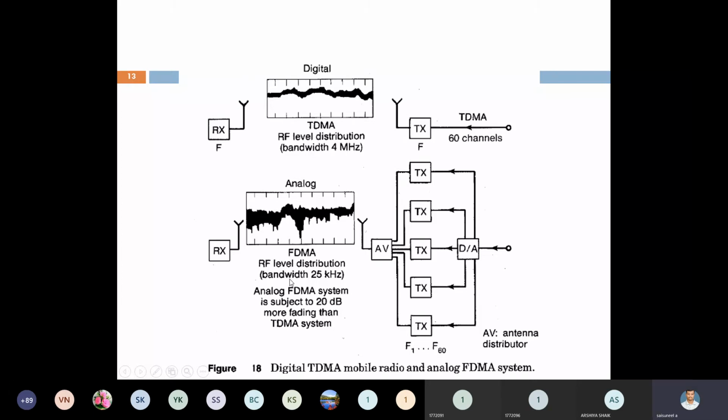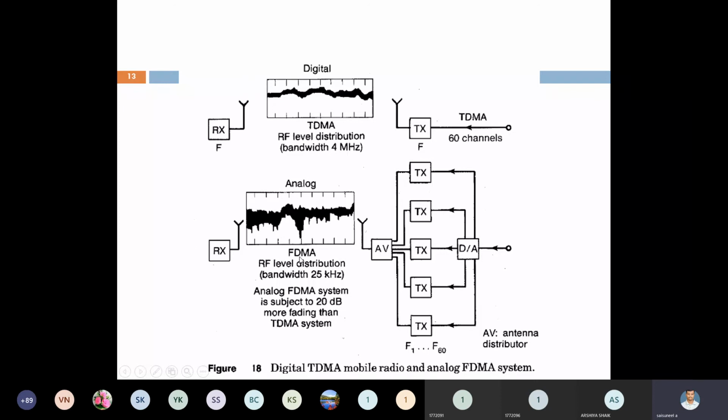But here see this one, the FDMA technique. The maximum bandwidth is between 25 kHz and 30 kHz. First, suppose we are taking the input as a digital signal. We have to convert from digital to analog first in FDMA. Then 60 channels, nothing but the number of transmitters is also 60. Then they are combined together, then transmitted as an analog waveform. Then the signal is received by the receiver, which converts from analog to digital in the final step.